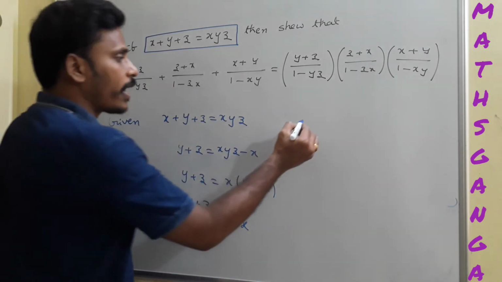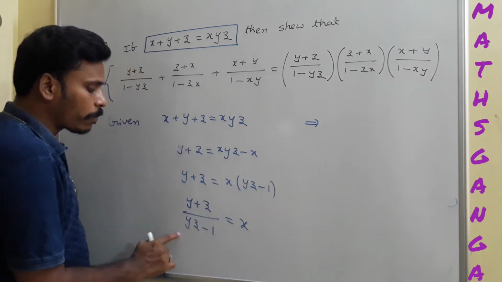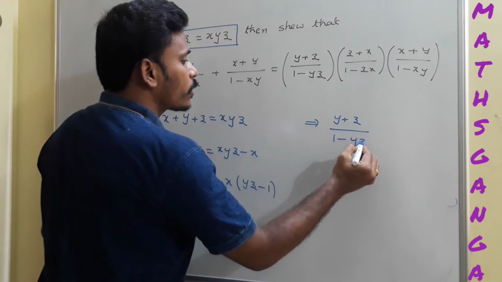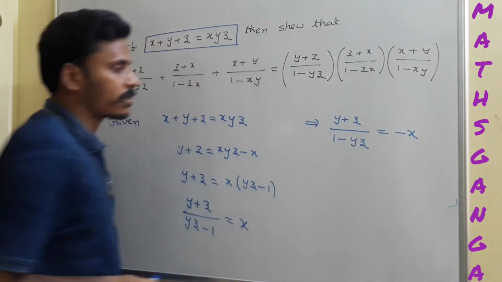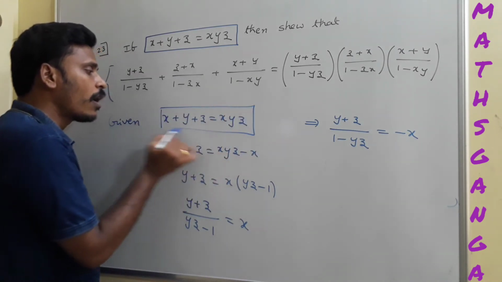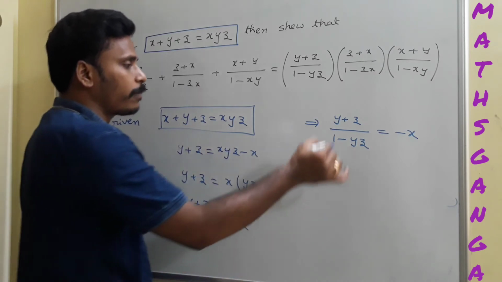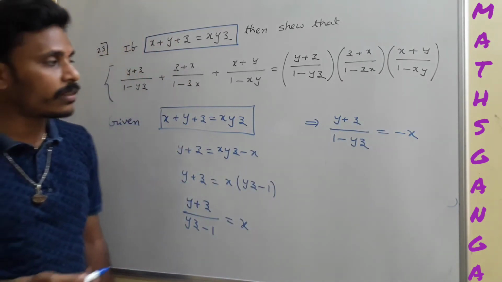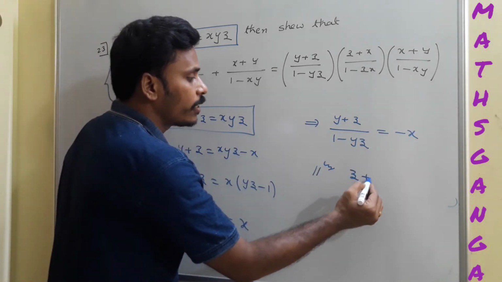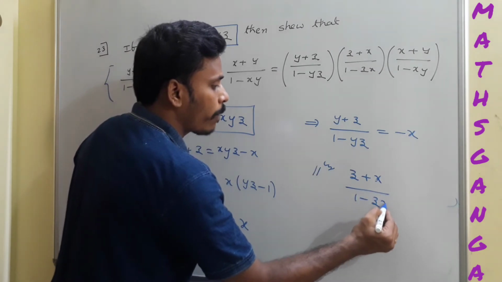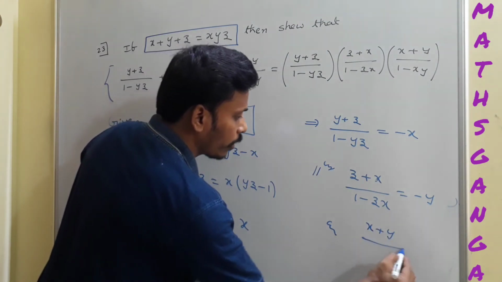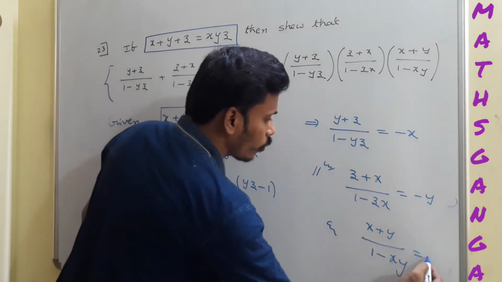See, if you multiply both sides with a minus sign and then send that minus to the denominator, what I am writing is y plus z by 1 minus yz is equal to minus x. The expression is this, and from there if you make minus x the subject, you will get y plus z by 1 minus yz. Similarly, if you try, you will get z plus x by 1 minus zx is equal to minus y, and x plus y by 1 minus xy is equal to minus z.